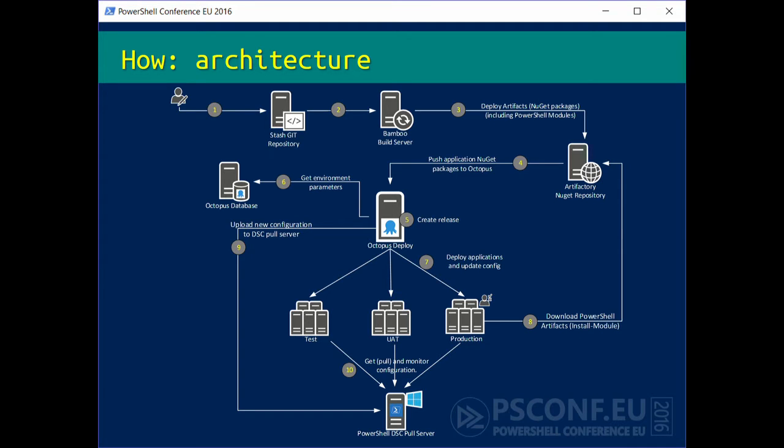Okay. A little bit more about our architecture then, because you will see a lot more of the products we use, about the instruments we have added into the mix. What we first noticed is, once you start deploying in an automated way, it's important that you have control over the versions of the different items you have everywhere. Because once you upgrade a PowerShell module, for example, and everything is dependent on that module, you break something,